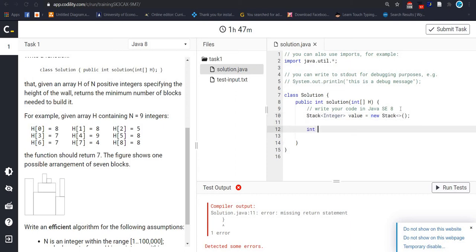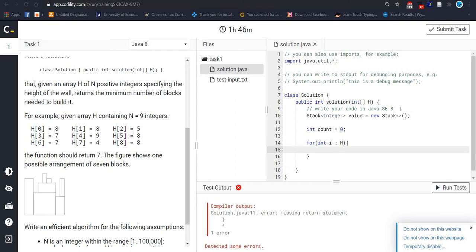After that, I should take one variable which will count. Initially I take it as 0. It will count blocks, and then a for each loop over the array.